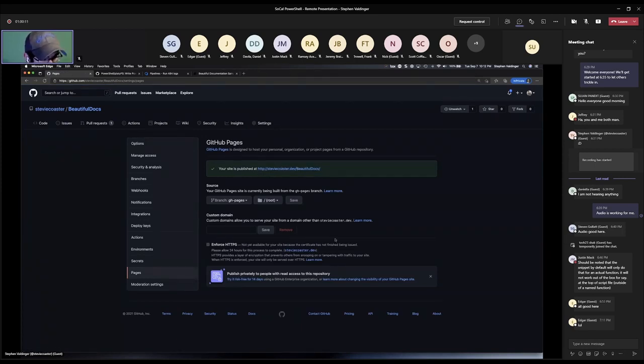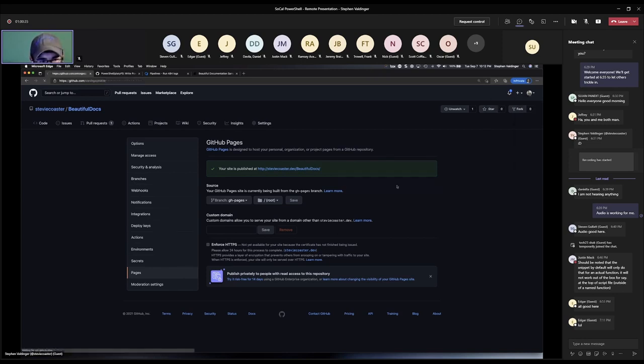It's a different, I can't remember, it's like githubpages.io or something like that for a regular repository. But if you've got your own domain and you want to add it to GitHub Pages, it's a pretty simple process. I think you have to go through